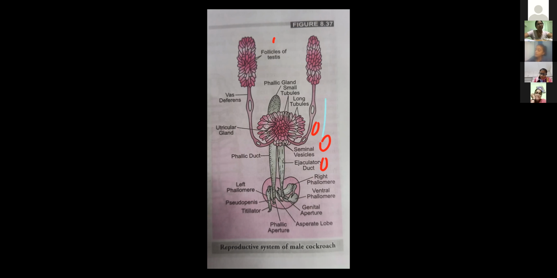So first, remember the testes. ये point आना चाहिए. Testes, primary sex organ, paired structure, 4th, 5th, 6th number segment, and laterally arranged. Function, production of sperm. Now, can you make out that from each testis a duct-like structure arises that you call vas deferens? That first runs downward and then upward. Can you make out this first runs downward and then again upward? So that duct structure you call vas deferens.